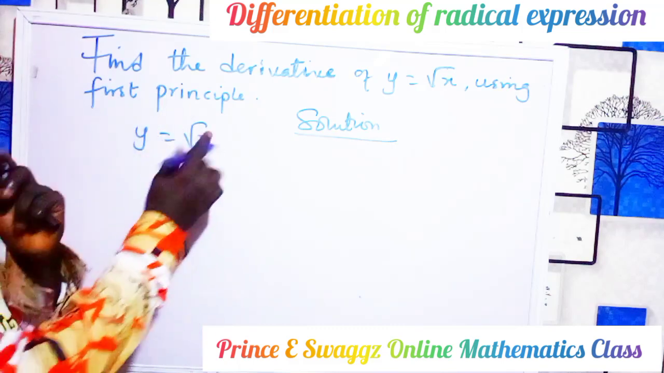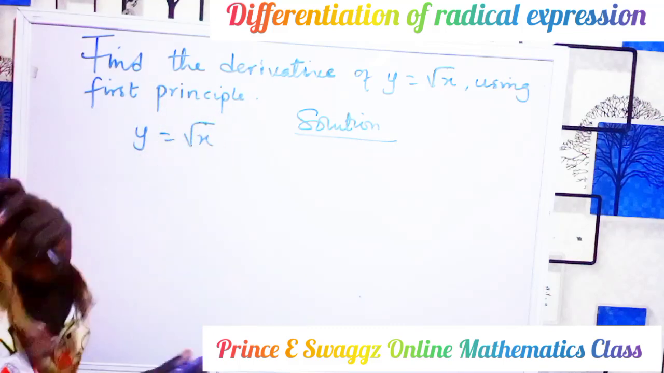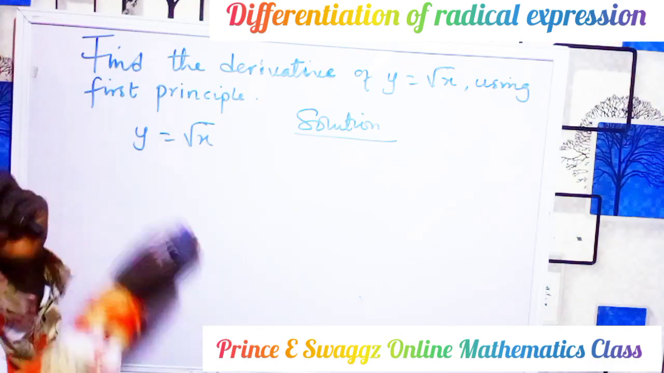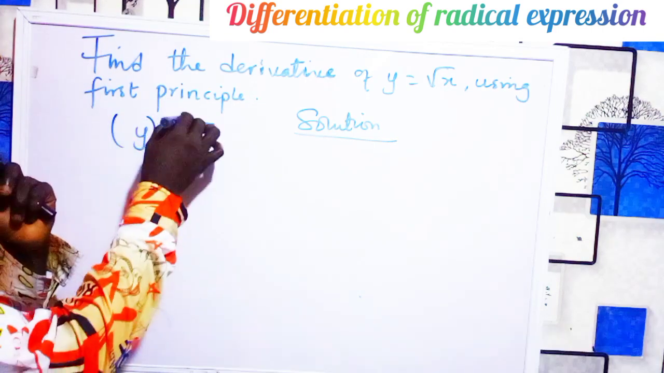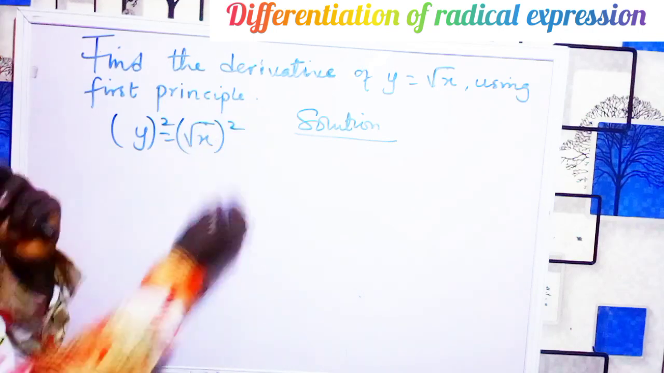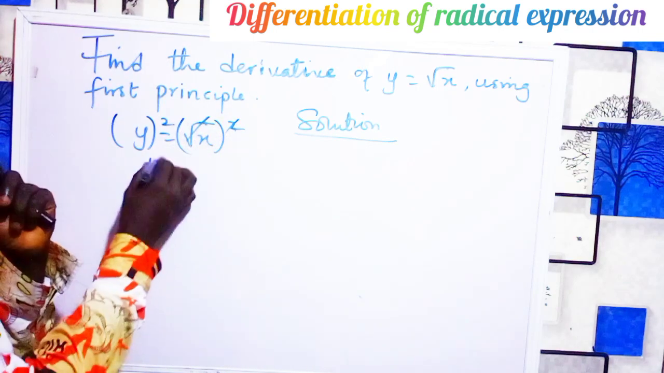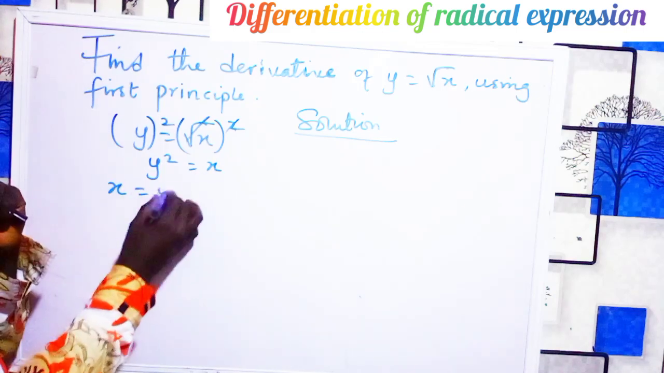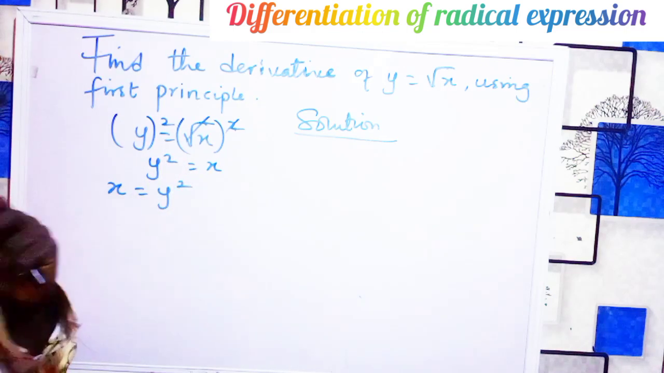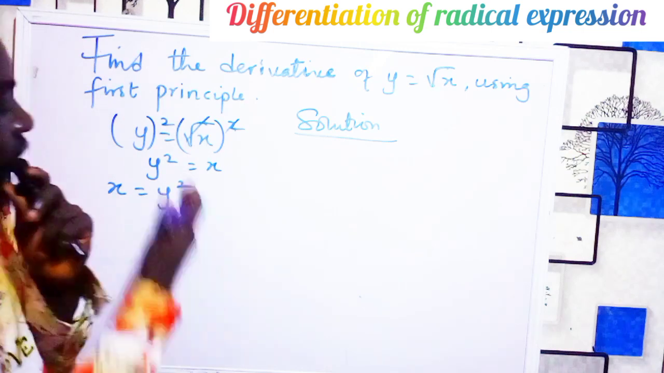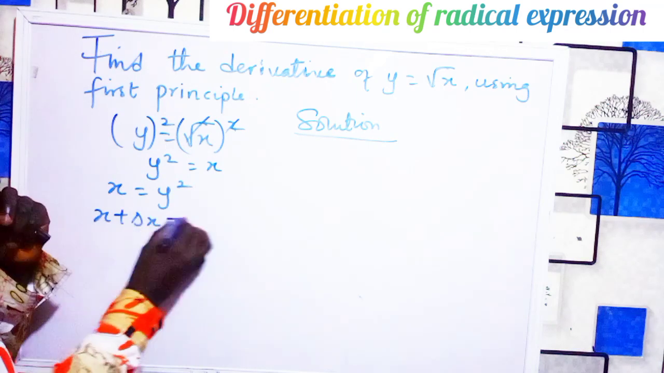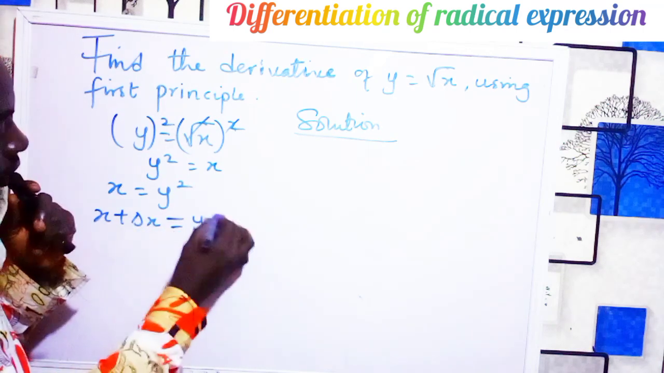Firstly, let's terminate this root. And to terminate this root, you are going to find the square of both sides. That will be the square of this, the square of this. This cancels this, we are left with y squared equals x, which is the same thing as x equals y squared. So now the next thing to do? Add your change in the variables. That will be x plus change in x equals y plus change in y